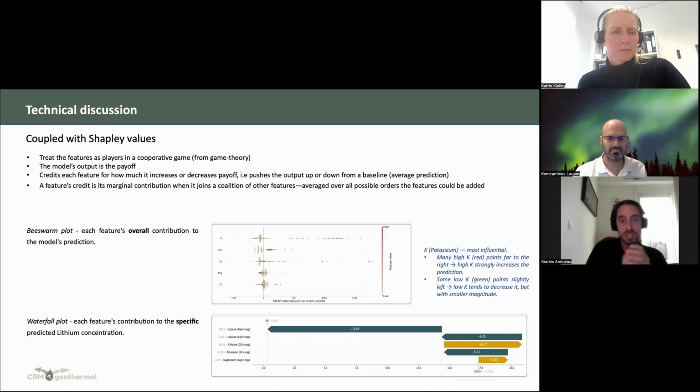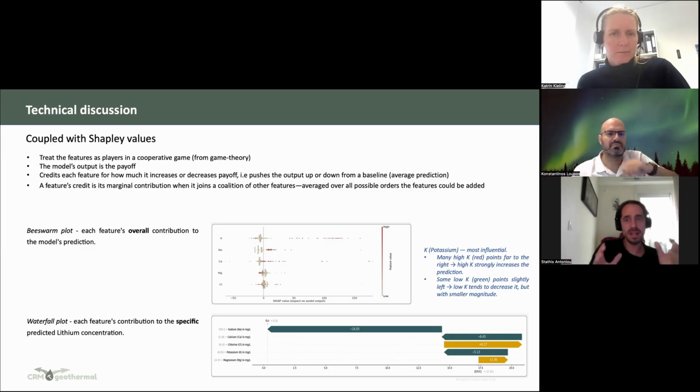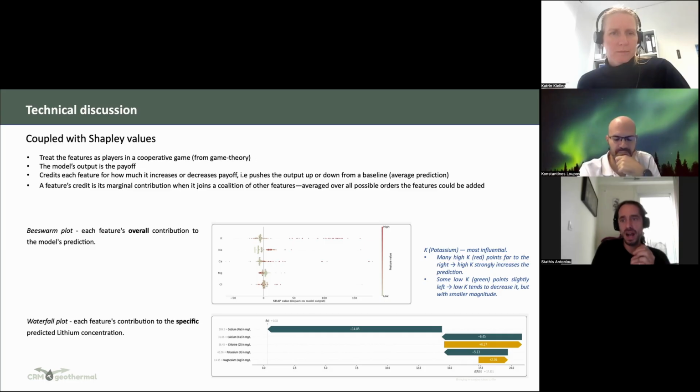So how much it pushes up or down the average prediction. Basically, the feature credit is the marginal contribution of the feature when it joins the coalition of all the other features. And this is calculated independently of the order in which the features are added. One can also read this Shapley value from information theory, as how much information is added. But that's the general idea.